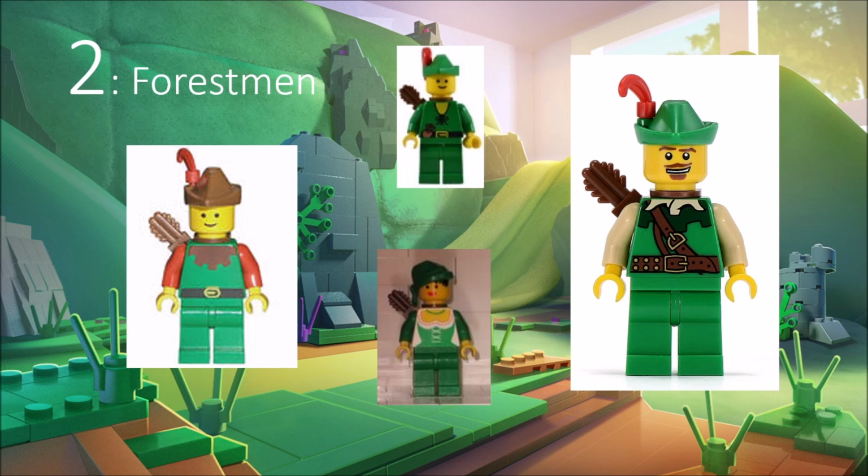There was a couple different choices here. You had 2 different male Forestmen. One of them I think was actually called Robin Hood. It was actually named. We also had the Forest Woman. She's a little different down there. Sadly, couldn't find as good of a picture of her, but I think she could have been a good inclusion as well. If you wanted to pick a female for it, you could have went with her instead of Verda,